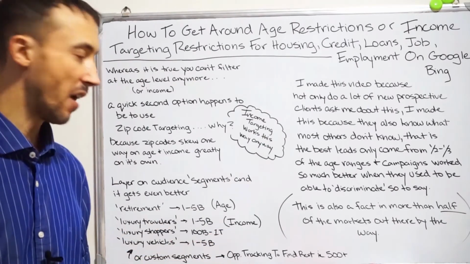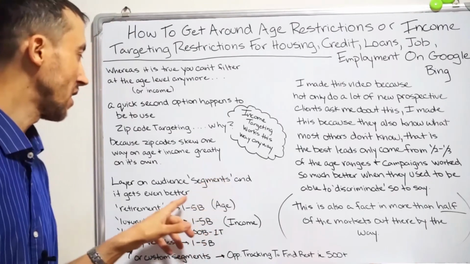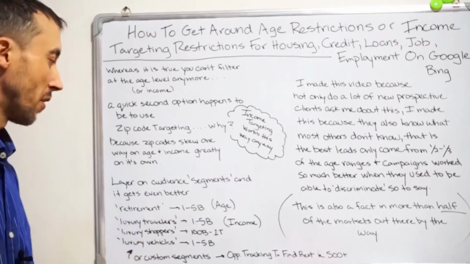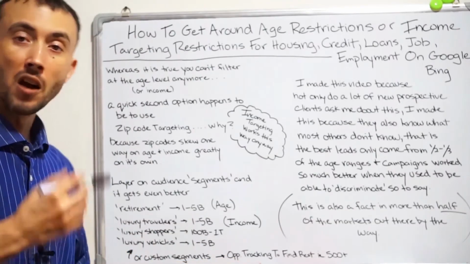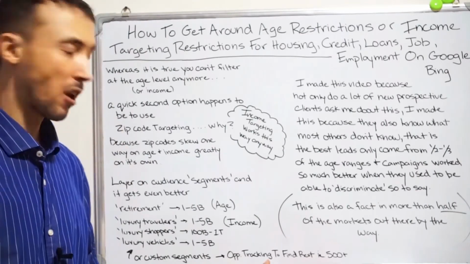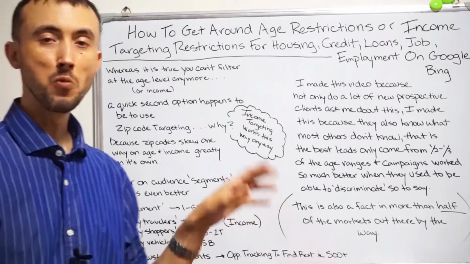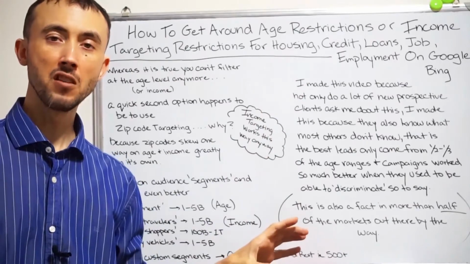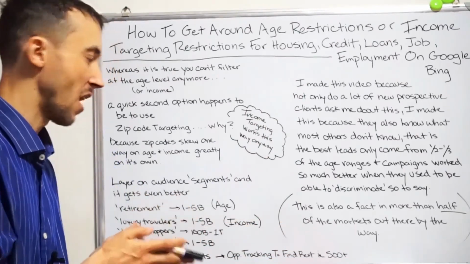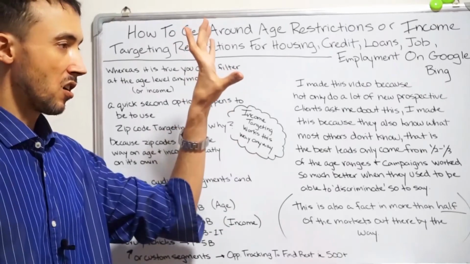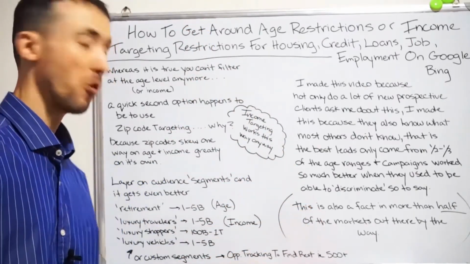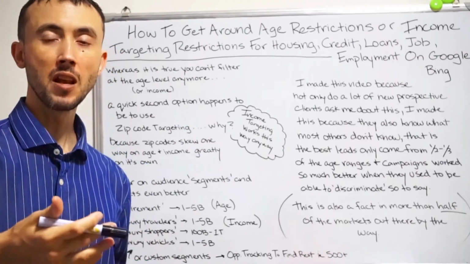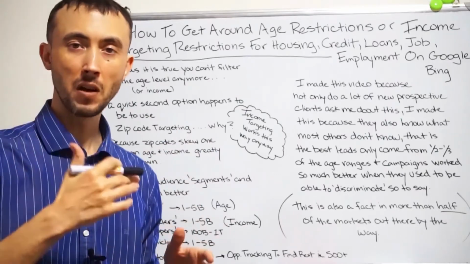I gave you the tutorial on that. But in general, apart from that, go ahead and inside the menu where you're going to add your audience segments, go through and do a little searching yourself. And if you want, this is a little extra credit to make a little bit more money: you can add up to 500 of these audience segments and just have plus 0% bid adjustment. And then basically all that's going to happen as you run your campaigns is, assuming you have your conversion tracking set up, and if you're generating leads, you absolutely need your offline revenue tracking system set up, which you can search my video about or check my blog for.